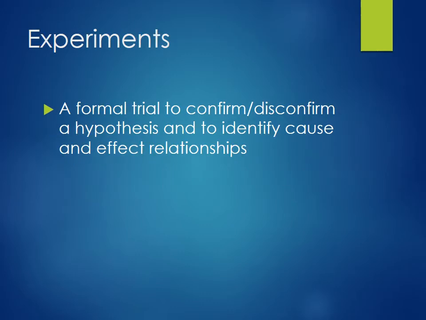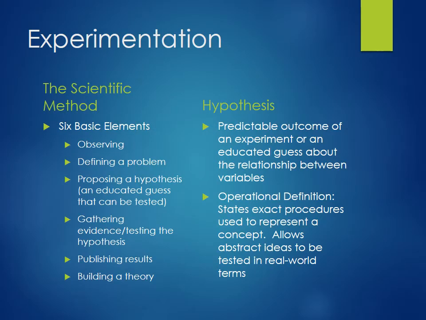Experiments: a formal trial to confirm or disconfirm a hypothesis and to identify cause and effect relationships. So say you have a theory, you want to test it out, you create an experiment, and you get your data back. Then you have to rerun the experiment over and over again to make sure that it's valid, right? So with experimentation, you run it through the scientific method. You observe, define a problem, propose your hypothesis, gather evidence or test your hypothesis, and then you publish your results to build upon a theory. So your hypothesis